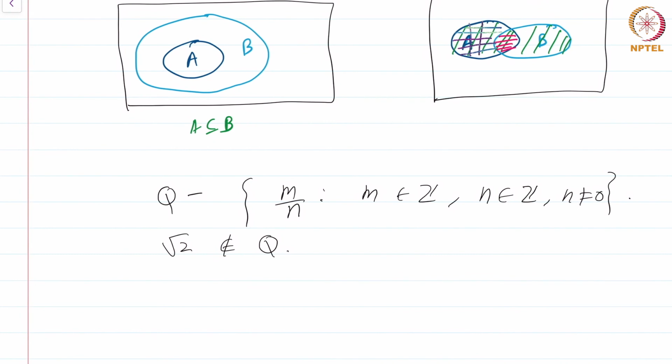Now, it is also known that the number e, which you are familiar with, is also not in Q. And the proof is harder. Even harder is the proof that pi is not in Q. And there are some numbers, for instance 2 power e. It's not known whether 2 power e is an element of Q or not an element of Q.